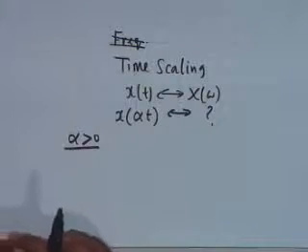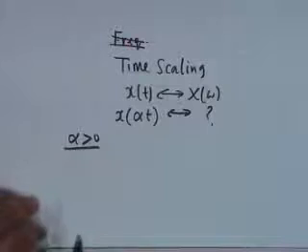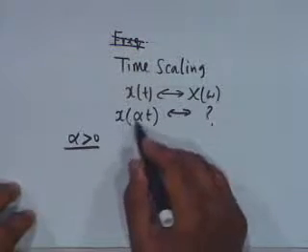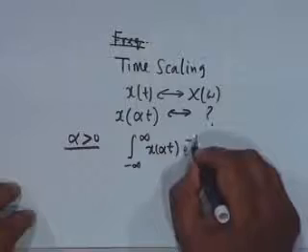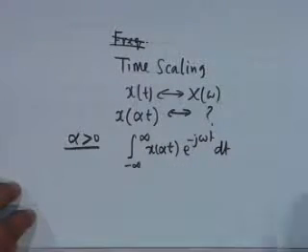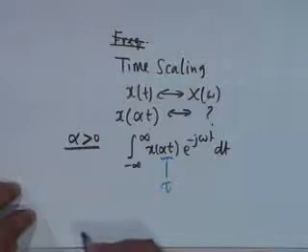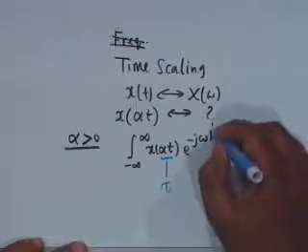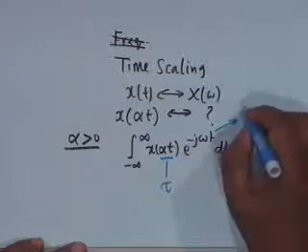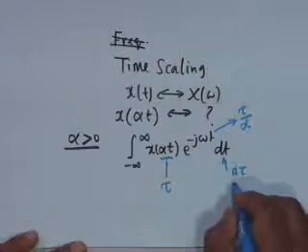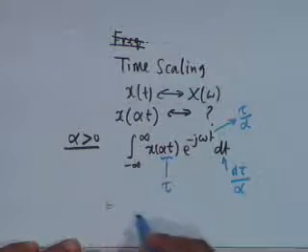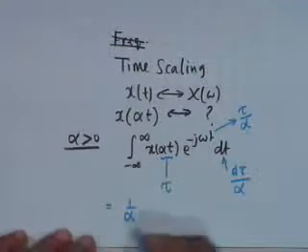Alright, now what happens to this? First let us assume that alpha is positive. You will see that the result is independent of whether alpha is positive or negative, but first let us establish this for alpha positive. Then the Fourier transform of x of alpha t is the integral from minus infinity to infinity of x of alpha t e to the minus j omega t dt, and we assume that alpha t is equal to tau. Then t is to be replaced by tau by alpha, and dt is to be replaced by d tau over alpha, and therefore this integral becomes 1 over alpha, alpha can be taken out,